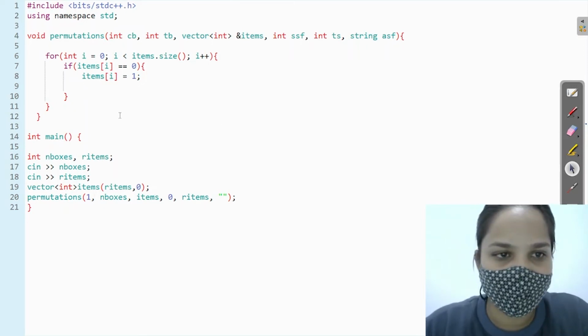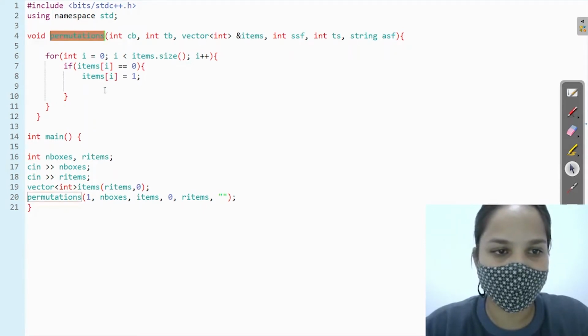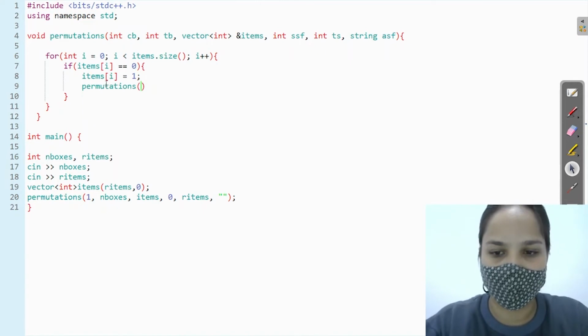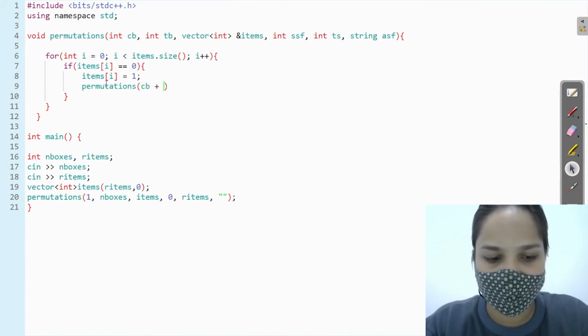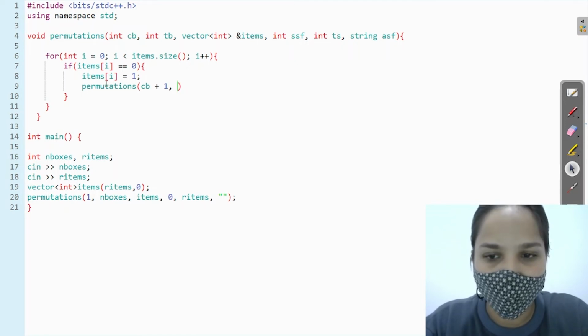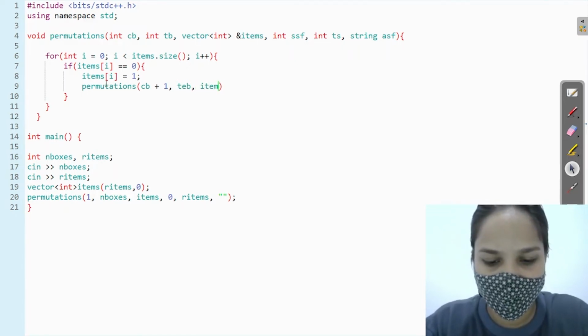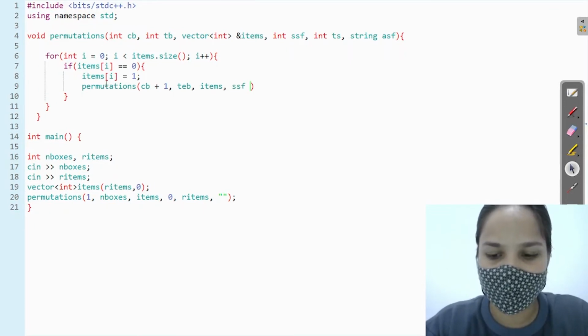Now we just need to call our function cb plus 1 so that it can go to another element, tb, items, and we need to increase ssf